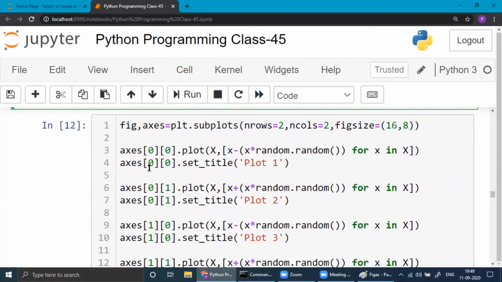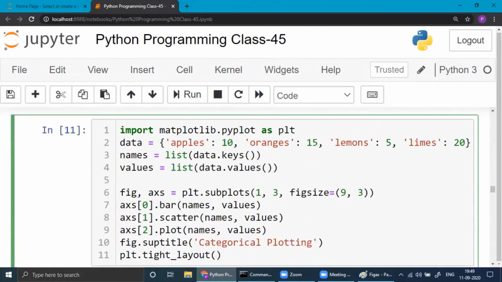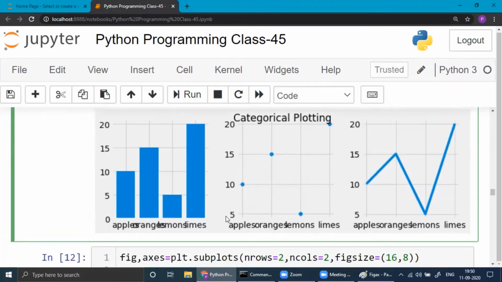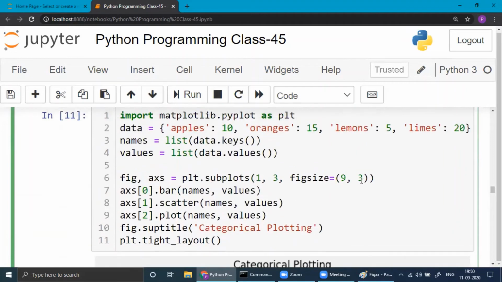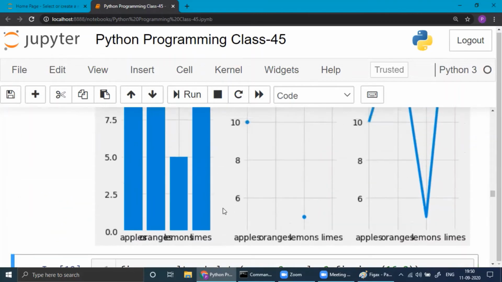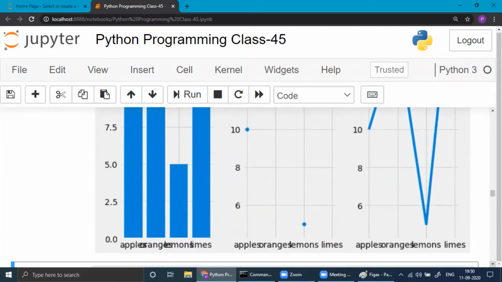Then comes figure here. Let's check 9, 3, right? Okay. We can't increase this one. Make it 8 or something like that. In that case also, yeah, this will be bigger, but this size you can increase.